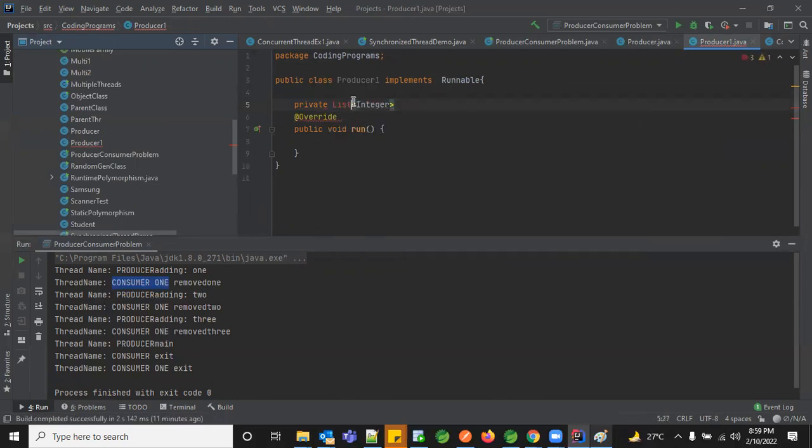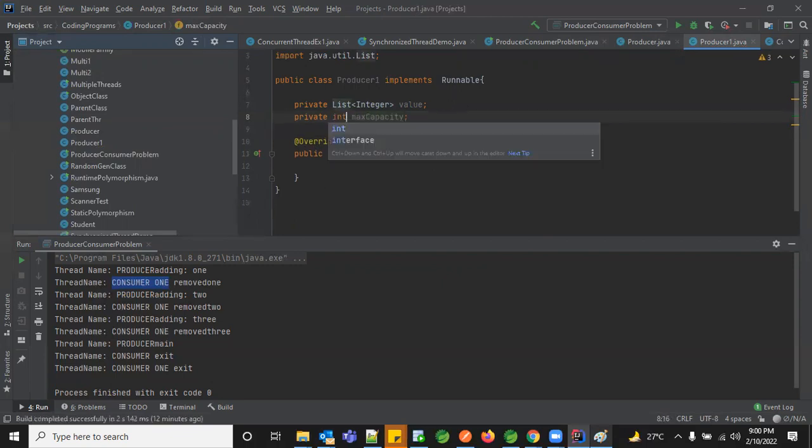I'm just going with integer. I'll have a maximum capacity also. Okay, let this be integer. So let me create a constructor.